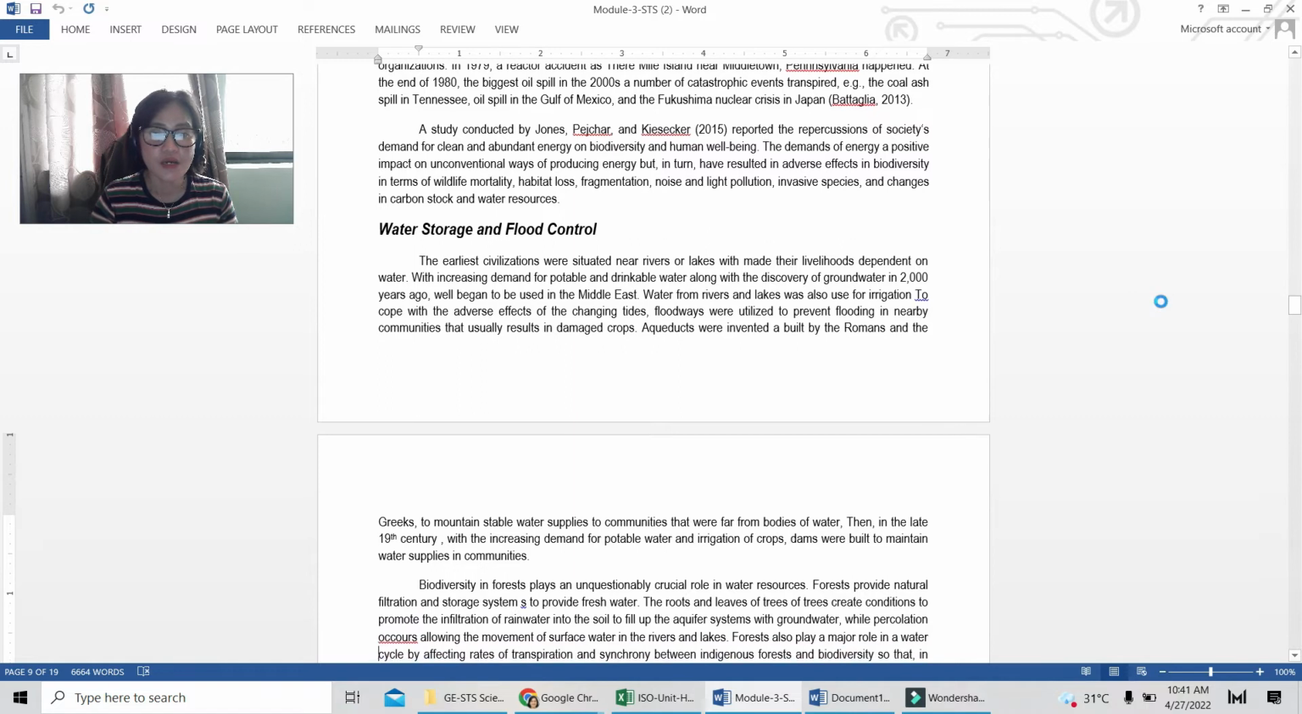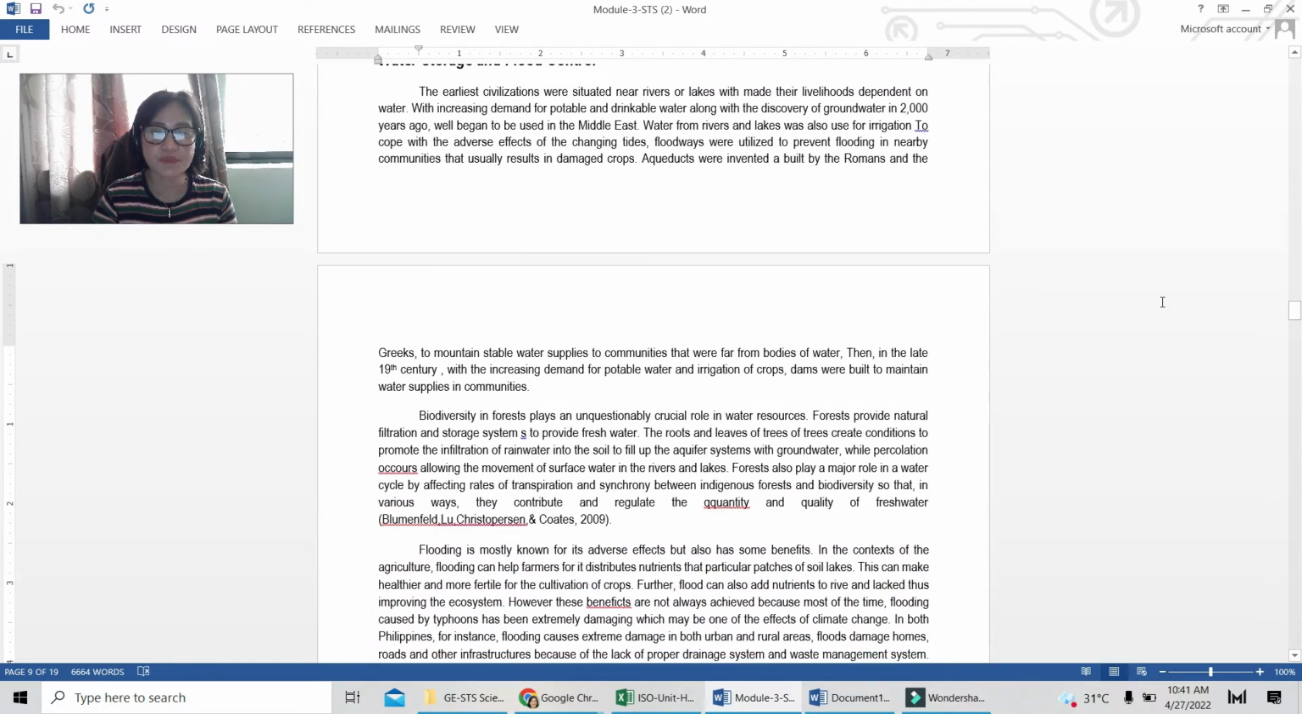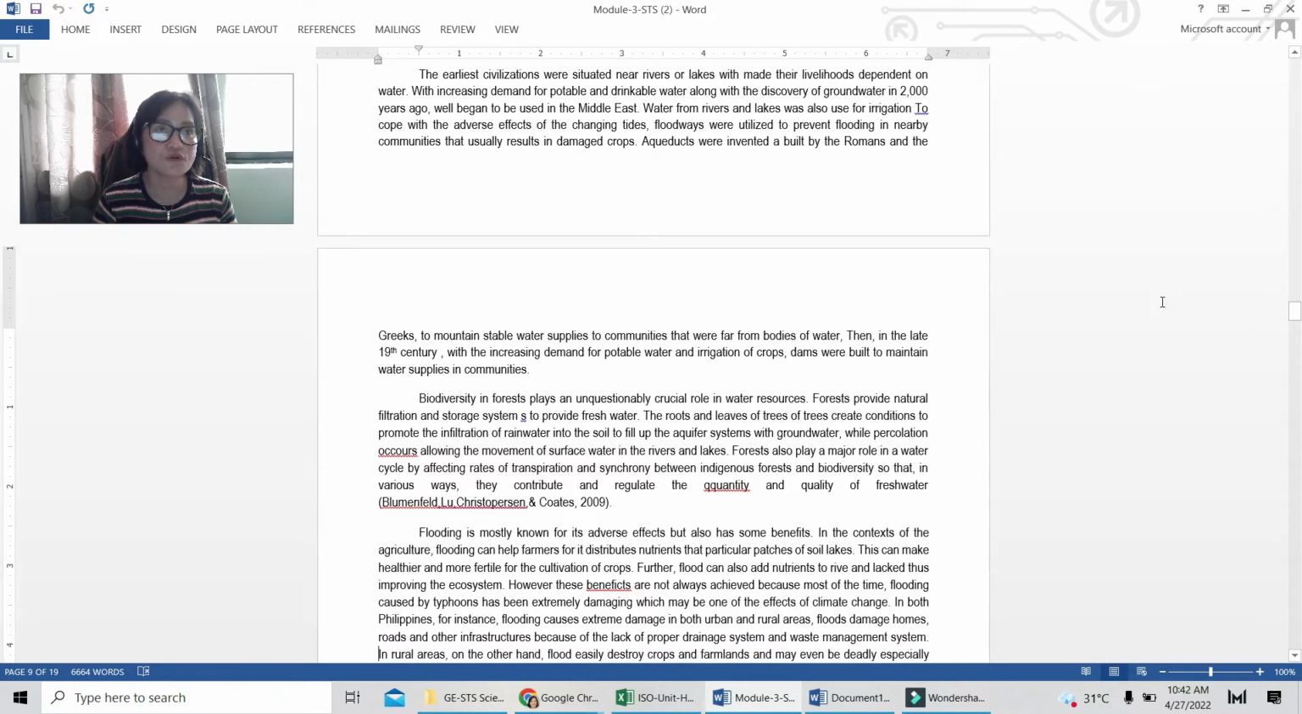And biodiversity in forests plays an unquestionably crucial role in water resources. Forests provide a natural filtration and storage system to provide fresh water. So water also comes from biodiversity in forests. Although we call it natural disaster, however, a natural disaster was also created. The reason for natural disasters was also undeniably because of people,